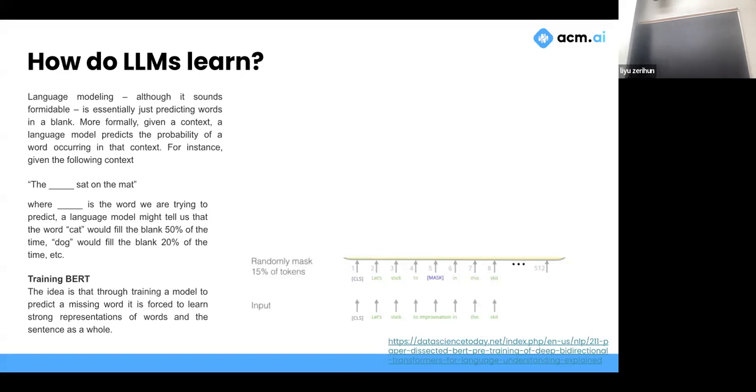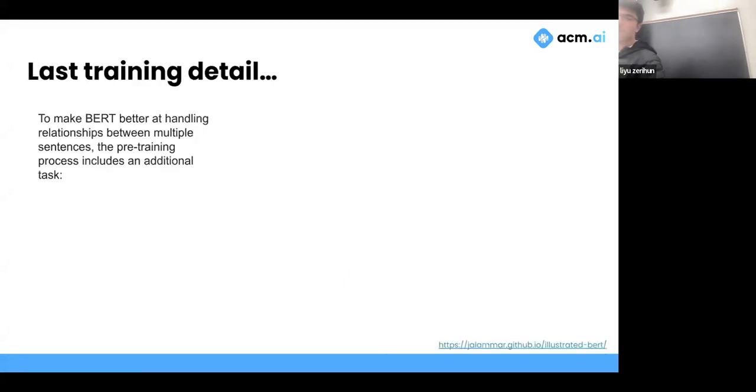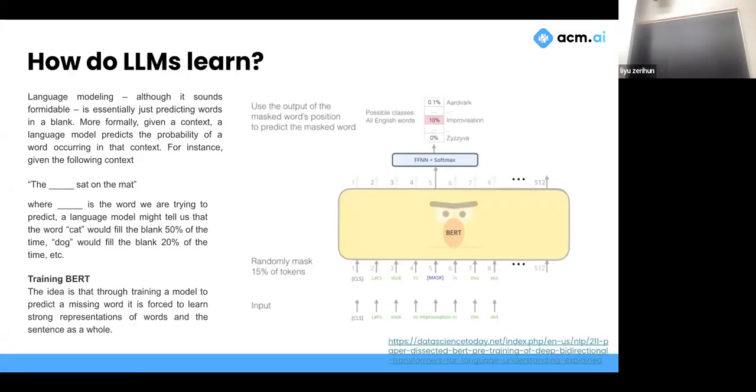To train BERT, we literally just mask out one of the words. This was a vector embedding, this is a vector embedding, and this one too. We just turn this one to 0 or some mask embedding. You just turn it to nothing, right? And what we say is, when you encode this vector and pass it to the model, the encoding should be rich enough, having captured the context from the rest of the sentence, that it can predict the missing word. And that's what you did when you said the blank sat on the map. You encoded this blank into a representation from the other words. You inferred what that word was from the context of the rest.